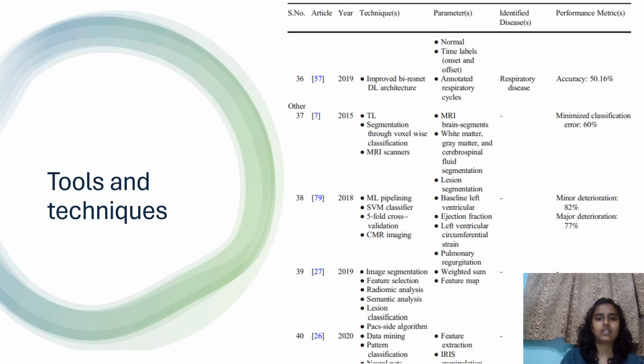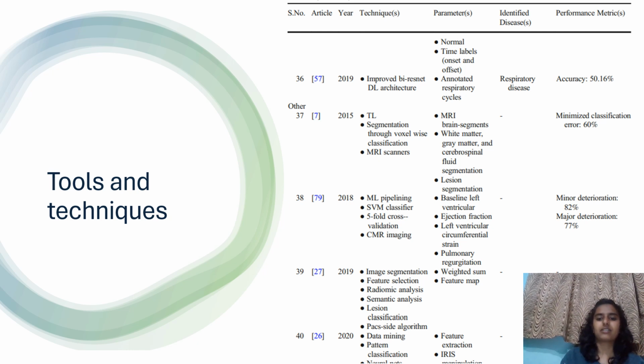Next is tools and techniques. What are the tools and techniques used? First, improved the DL architecture. It may be normal or a respiratory disease, and their accuracy will be 50.616%. Next is TL. TL is like an MRI parameter. Their performance will minimize the classification error, maybe like 60%. Segmentation through classifications, maybe like brain segments, or maybe white matter, gray matter, or fluid segmentations,